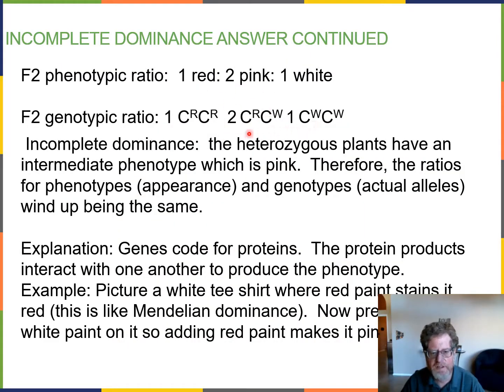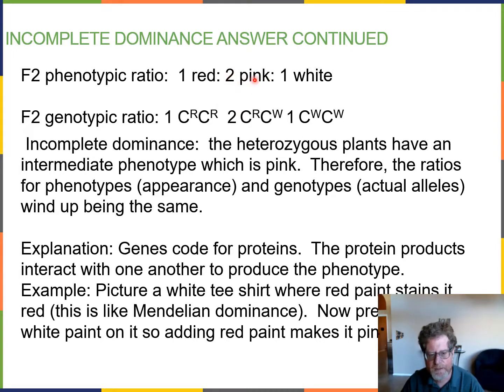Notice we're not saying that either the red or white are dominant, because they're not. We just say they're homozygous for the red and homozygous for the white. Okay, so this is actually an easier problem than complete dominance, because the genotypic ratio is exactly the same as the phenotypic ratio. The heterozygous plants have their own unique